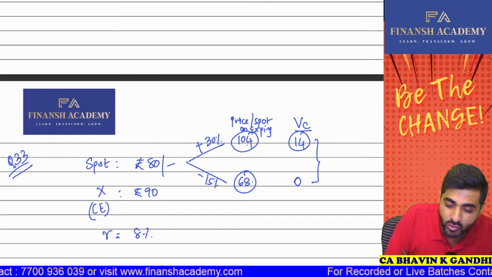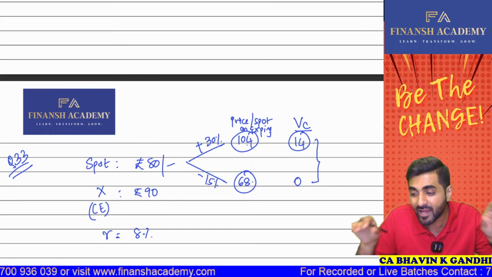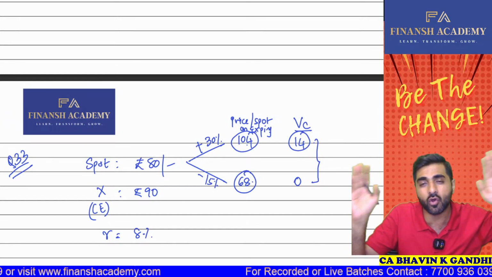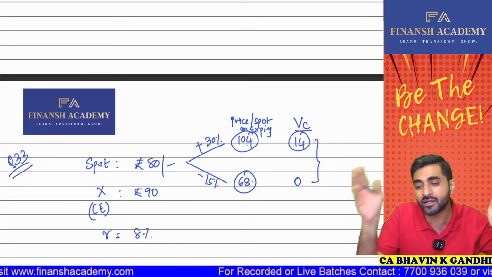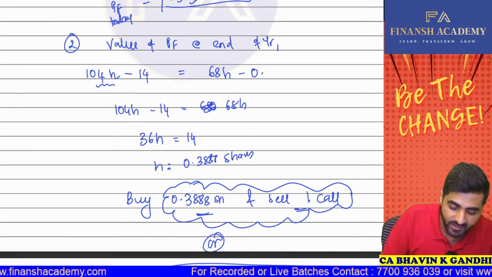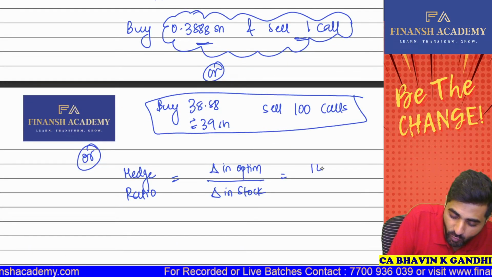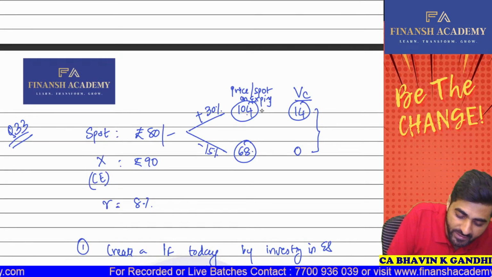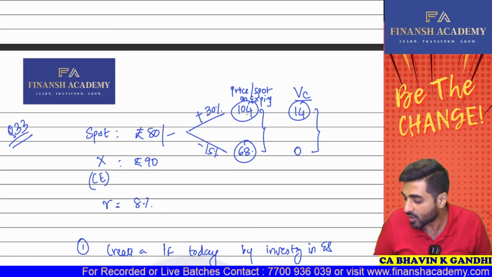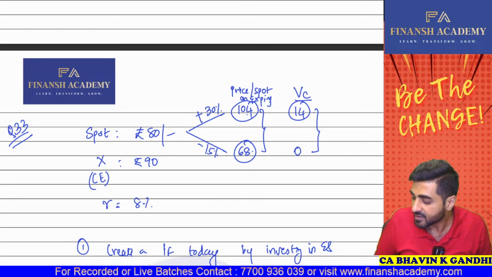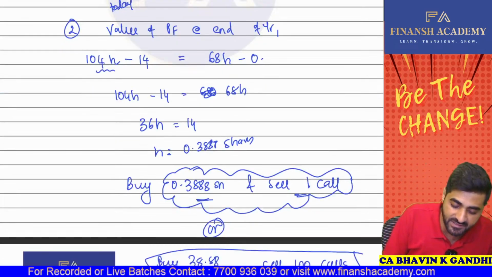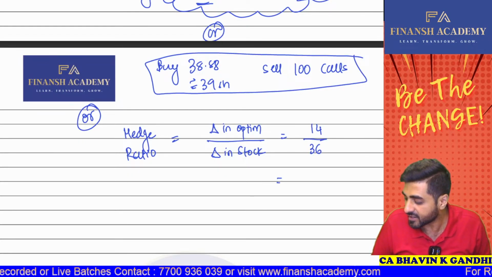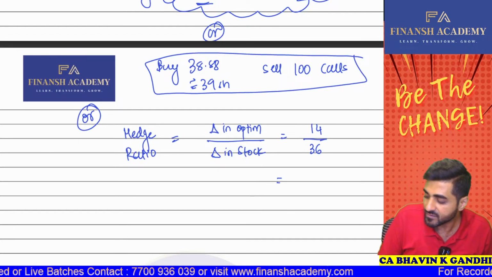Can I say from 14 to 0? Swing means by how much, what is the range on the basis of which this particular call option can move. So from 14 to 0. So the swing in the call option is 14, and the swing in the stock price is from 104 to 68. You can check, it's 36. So now, my dear students, if I take 14 and divide that by 36,